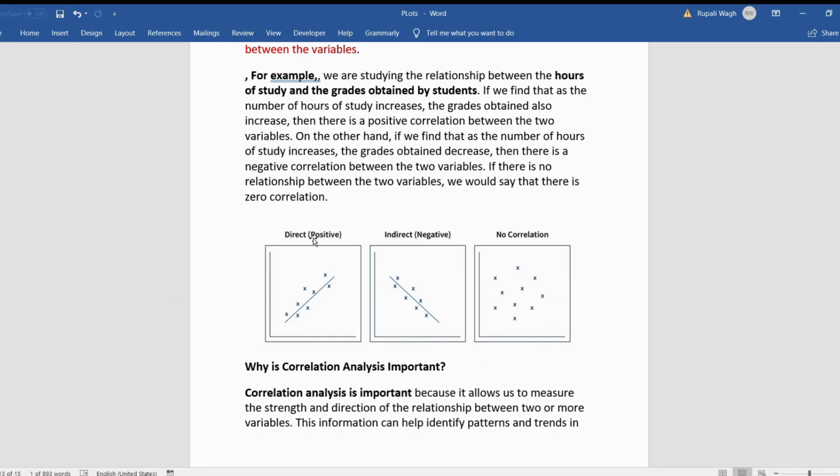Now, a positive correlation indicates that if the number of hours of study increases, the grades obtained also increase, then it is a positive correlation. But if it is observed that as the number of hours of study increases, the grades are decreasing, then it can be stated as a negative correlation. And if there is no change in the relationship between the two variables, you can say that there is a